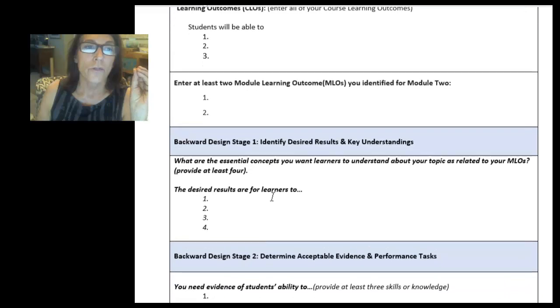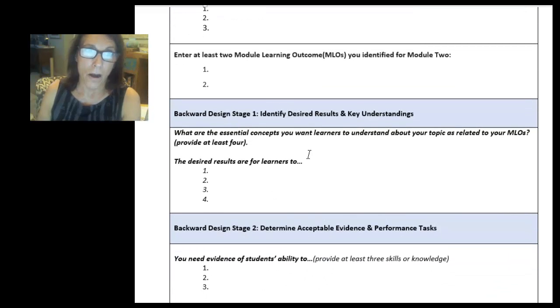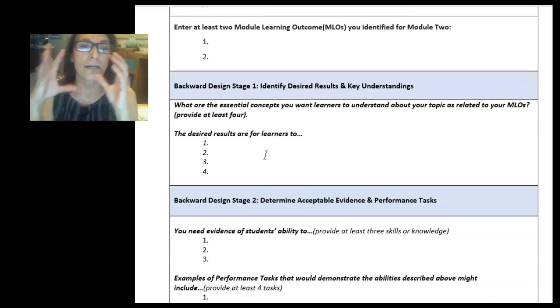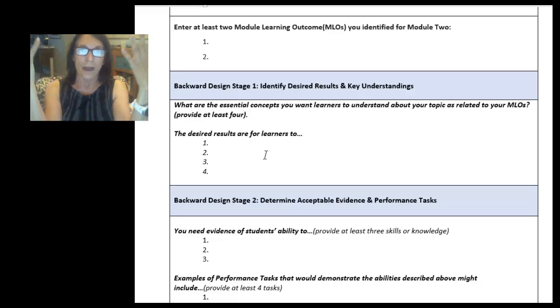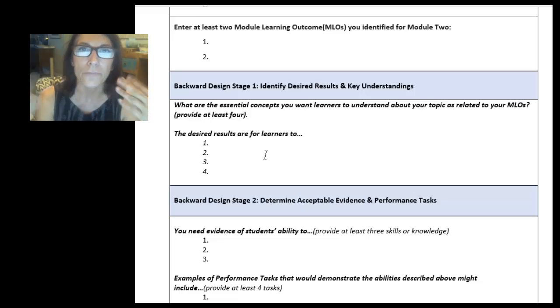All right. So then, here's the backward design part. You want to think about what are those big ideas that the students are going to get out of your class, just concepts, ideas, big rocks. We like to call them big rocks. And so essentially with the soap making, some of the big ideas are that